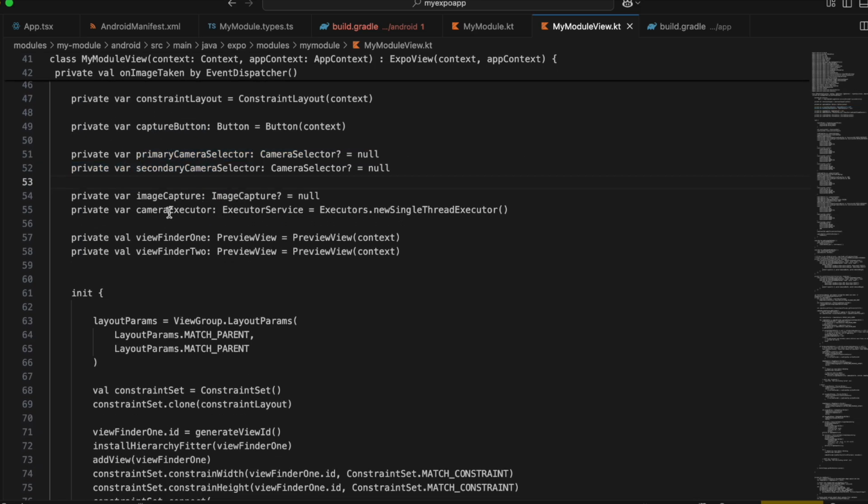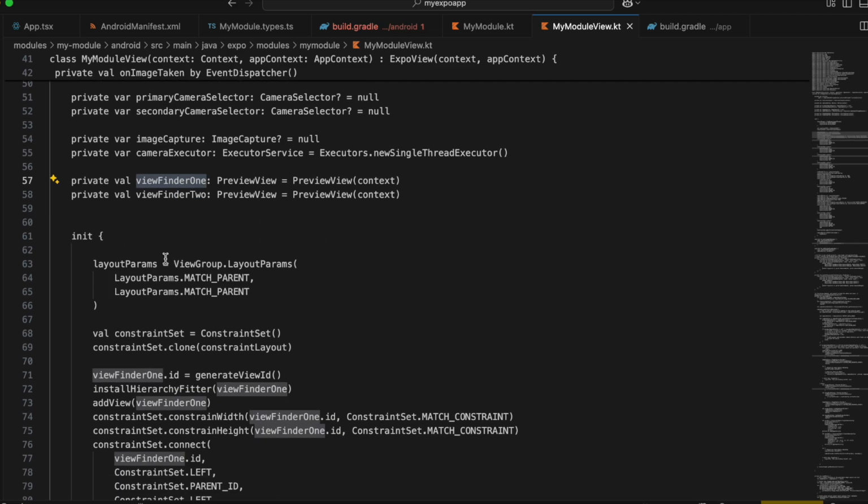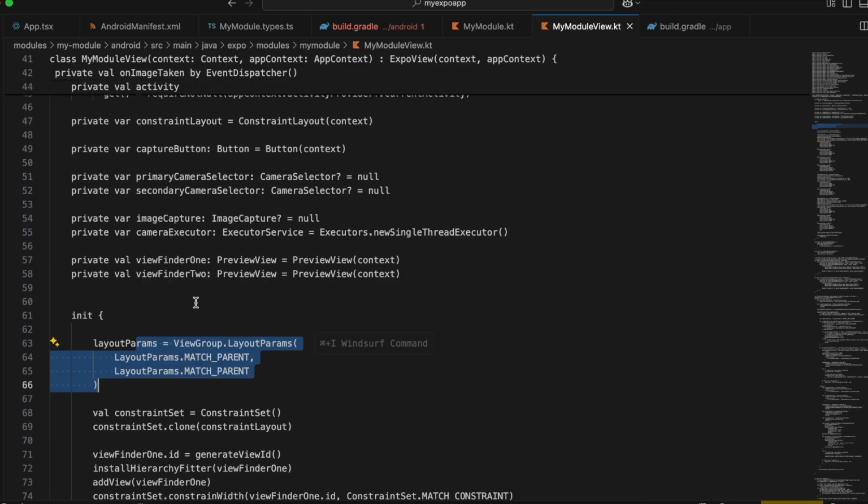Here is our image capture. Here we initialize camera executor. Then the viewfinder 1 displays the front camera, viewfinder 2 displays the back camera. Like I said, you can use viewfinder 1 for displaying the back camera as well, viewfinder 2 for displaying front camera as well. Then here we set the layout params for our constraint layout, which